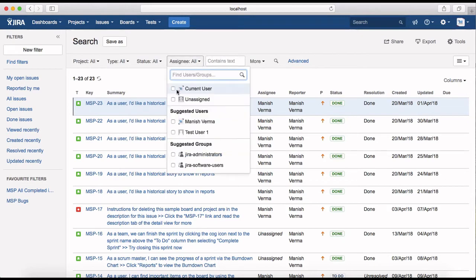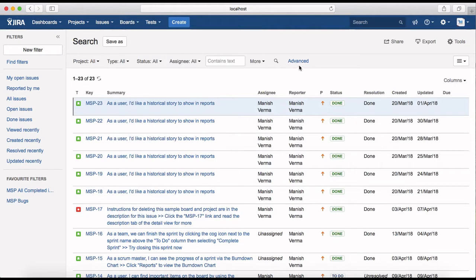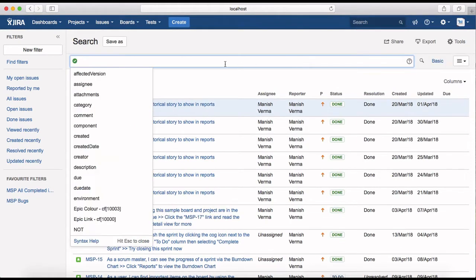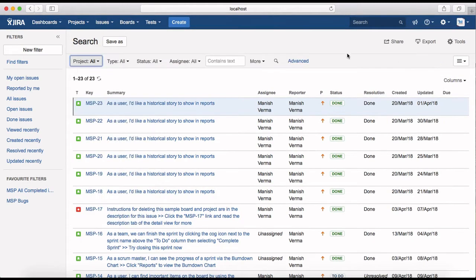Right, so if I select the current user, it will just filter the results based on the current user, whoever is the current user. And if I switch from basic to advanced, then the advanced JQL search text box will be available, wherein you can type the query to search the issues. Right, so I'll switch to basic, and then we'll see how you can customize the view on this search results